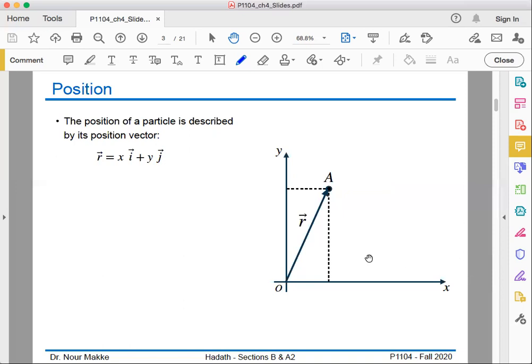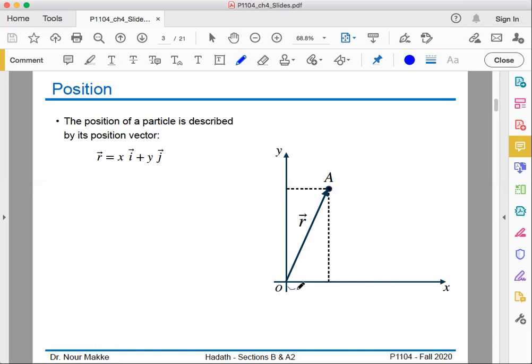We represent this space by 2 axes, the x-axis and the y-axis. And let's say that at a given time t, the particle is found at a given point A. So the point A represents the position of the particle. Now, how can we write this in a mathematical equation or in terms of mathematical objects? What we do is take the projection from the point A, the location of the particle, onto the